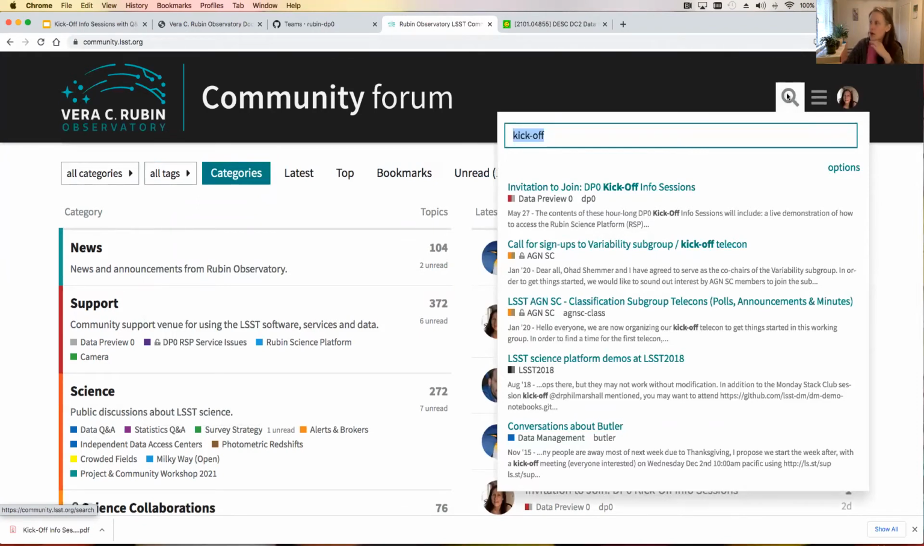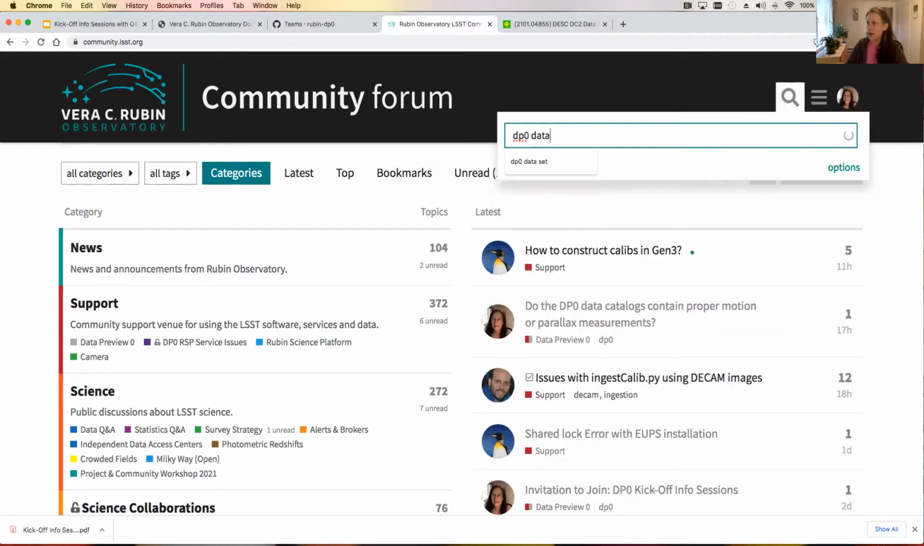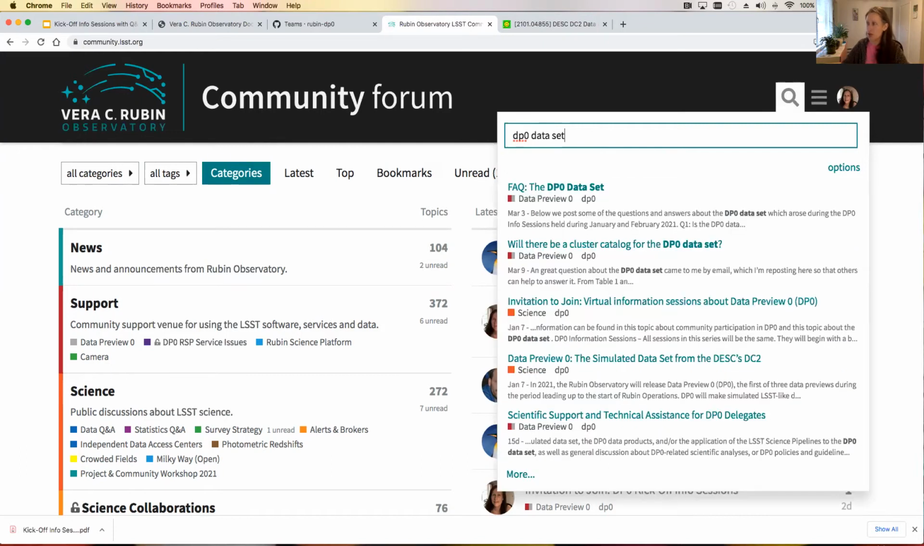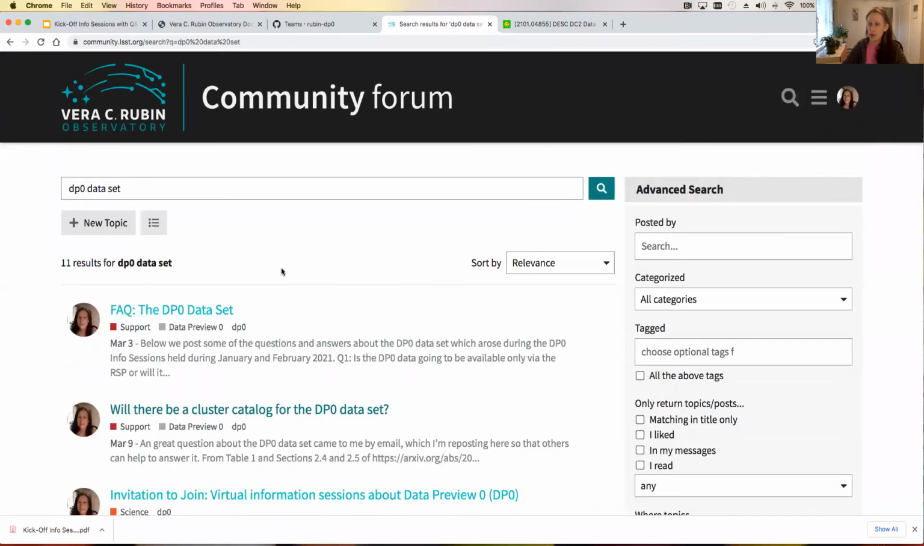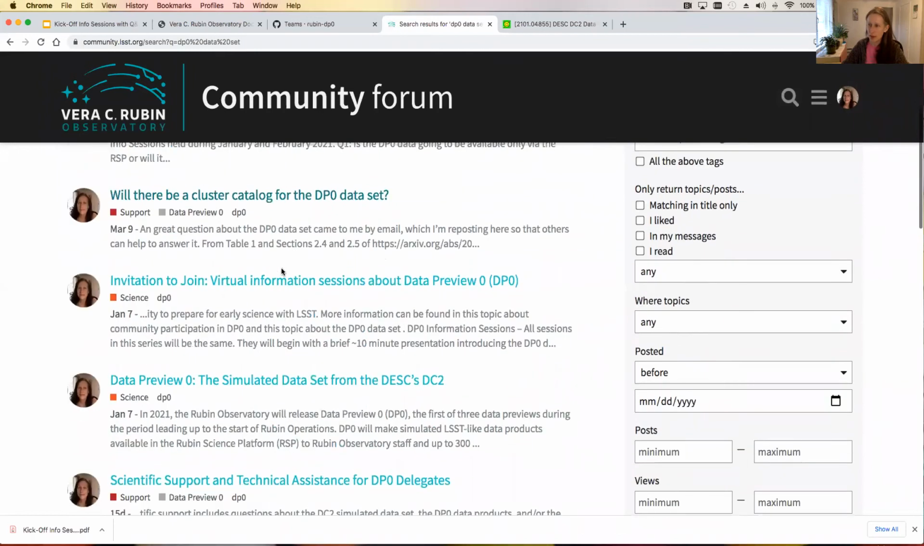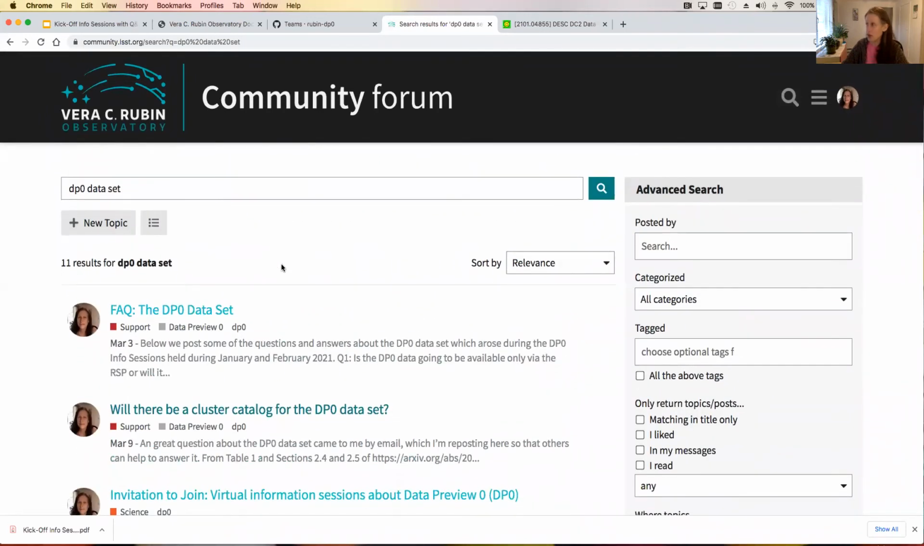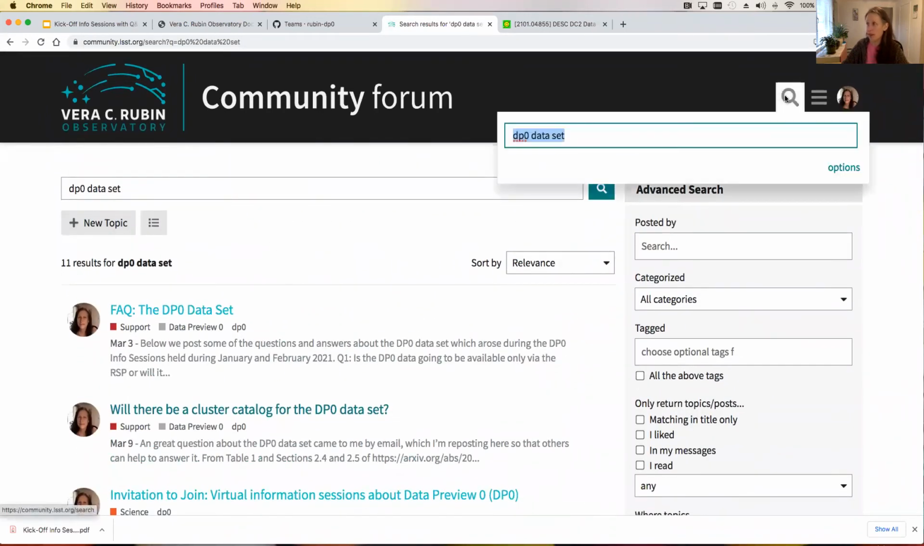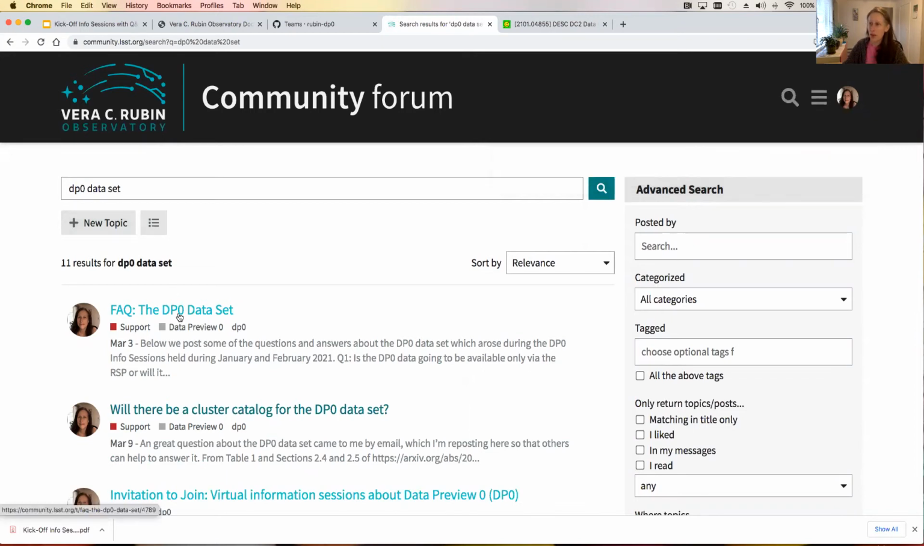You can search the forum by clicking on the magnifying glass up at the top and then entering any kind of search term that you want, and it will find you relevant posts about that thing. Or if you have a question, you can put that question in here too to see if somebody else has had the same question before. Maybe it already has an answer. So now we've done a search for DP0 data set. We've come up with this one,